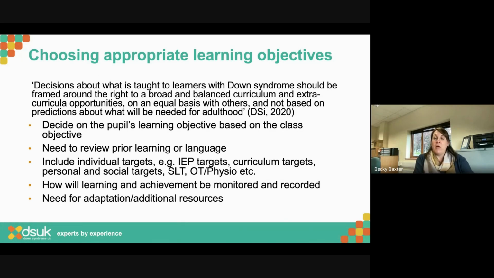Put that in my input, or going over that language again. Think about bringing in all of those targets. I know what my literacy target is. I'm going to get that in. I know what I want to teach and what I'm going to assess at the end of this topic. I'm going to bring that in.